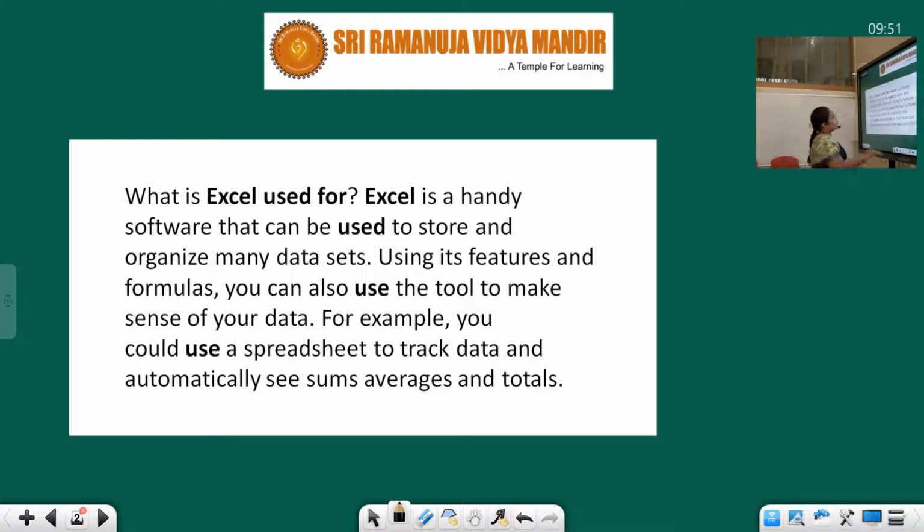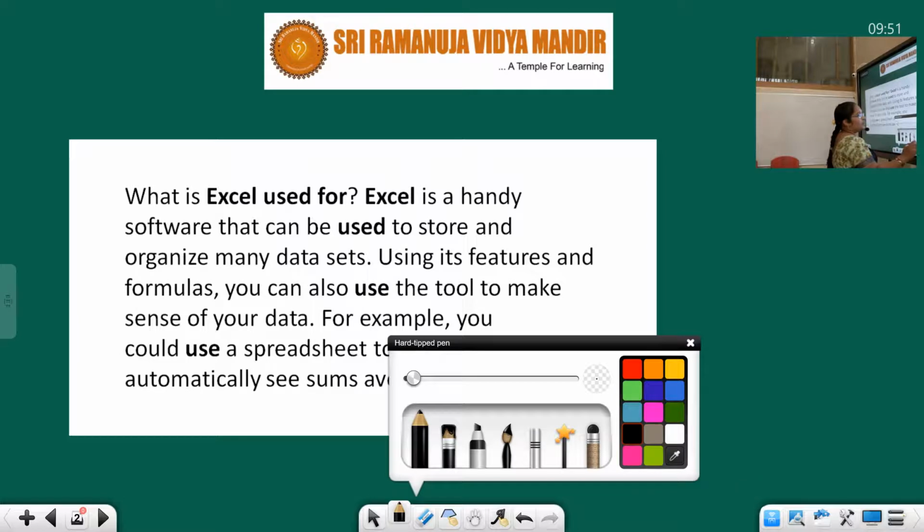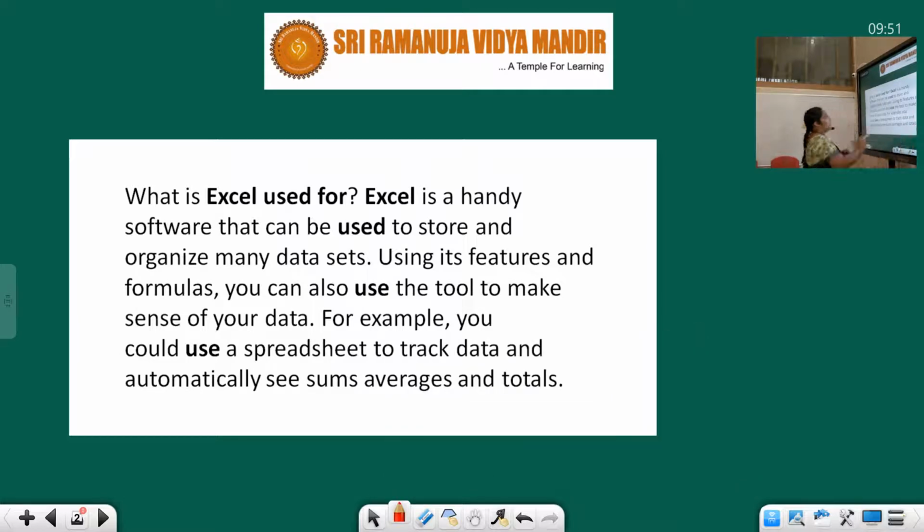Next, let me explain what Excel is. So, what is Excel used for? For what purpose are we using Excel? What are the features and functions which are used by us? Let me explain. Excel is a handy software that can be used, see here children, to store and organize many data sets. So, what does it mean? Excel is a software that can be used to store and organize many data